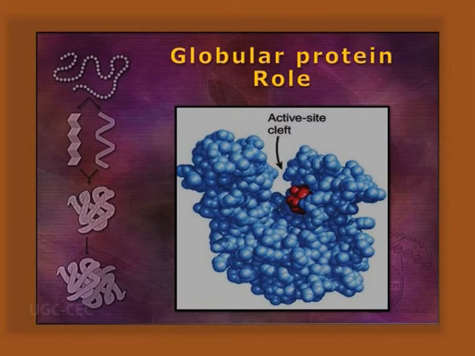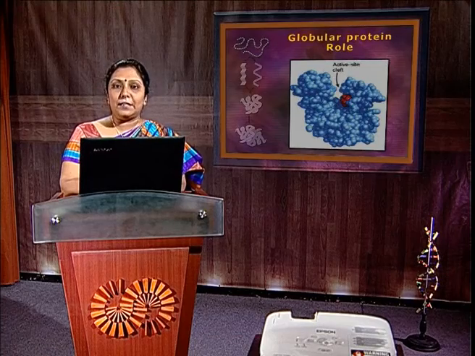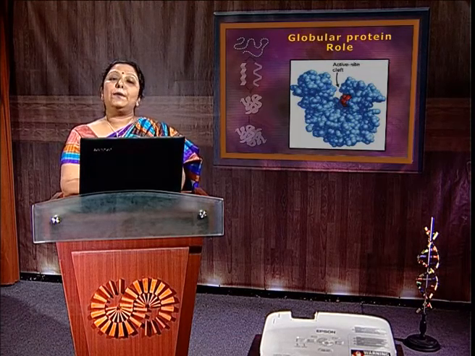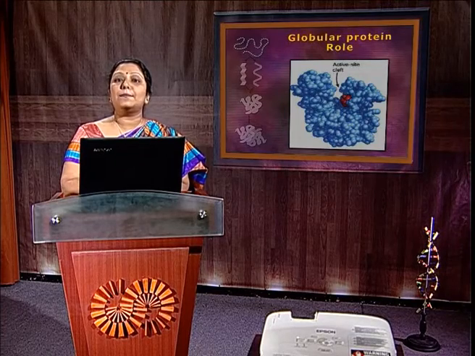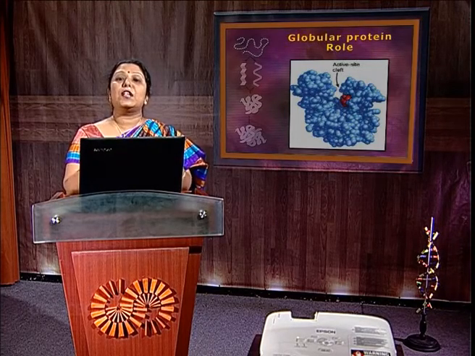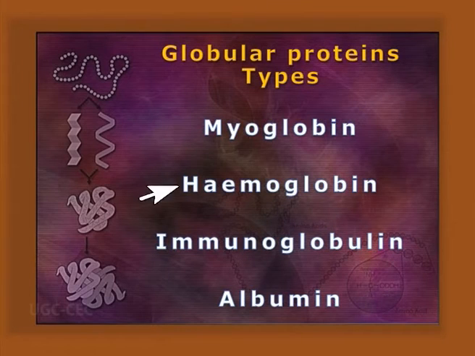Now, the globular protein role in the case of enzymes. Specificity is given at the three-dimensional site; the active site is made by the pocket where it can bind with the substrate. The messengers, neurotransmitters, hormones are there. They regulate cellular function, and transmembrane proteins act to transport some specific things. So, they have a regulatory role, they act as receptors, etc. Globular protein types: myoglobin, hemoglobin, immunoglobulin, and I will also talk about albumin.